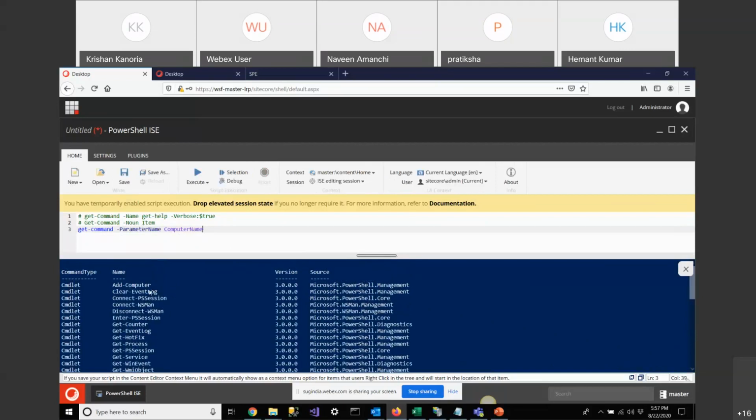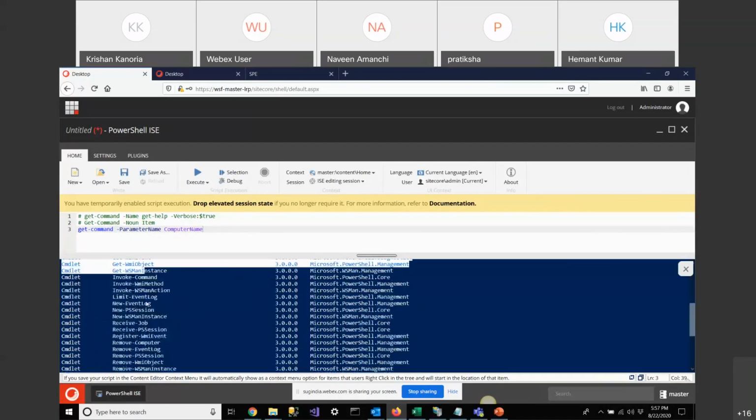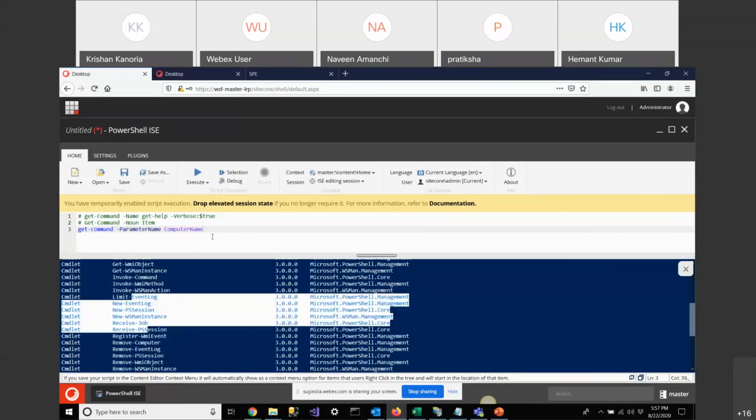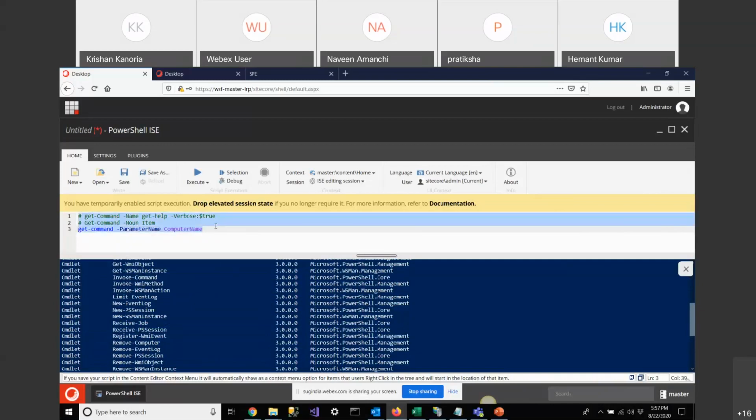This will give me all the commands which have ComputerName. Suppose I need to connect to some target computer system, these are the commands I need to use. For that, I can get all the cmdlets using this Get-Command. You can also provide your wildcard characters.